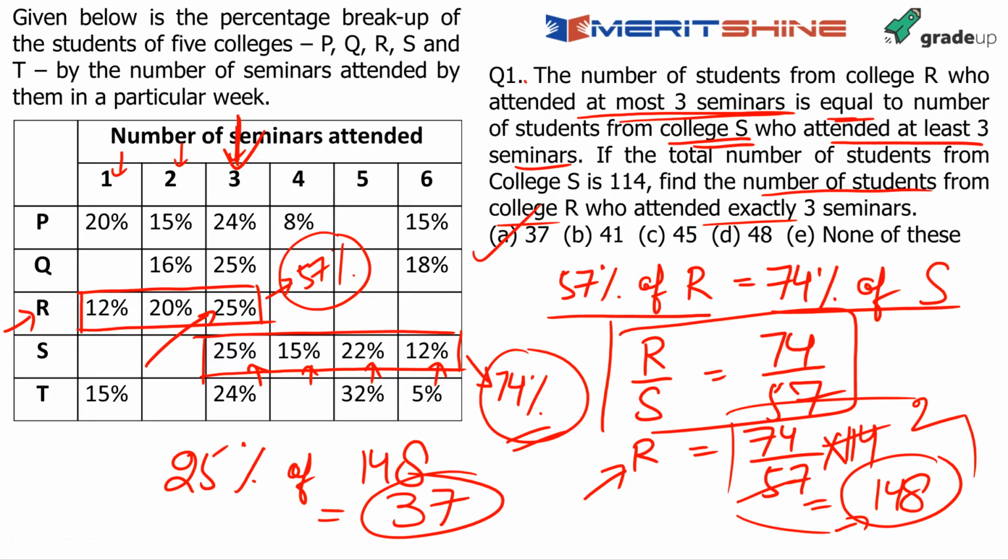But isn't it very simple? There was absolutely nothing in this, and as far as I remember, this is an actual question. The exact same numbers, everything remains exactly the same. So this was easier than the other DI sets. All have been inspired from the actual paper, so this was actually easier.